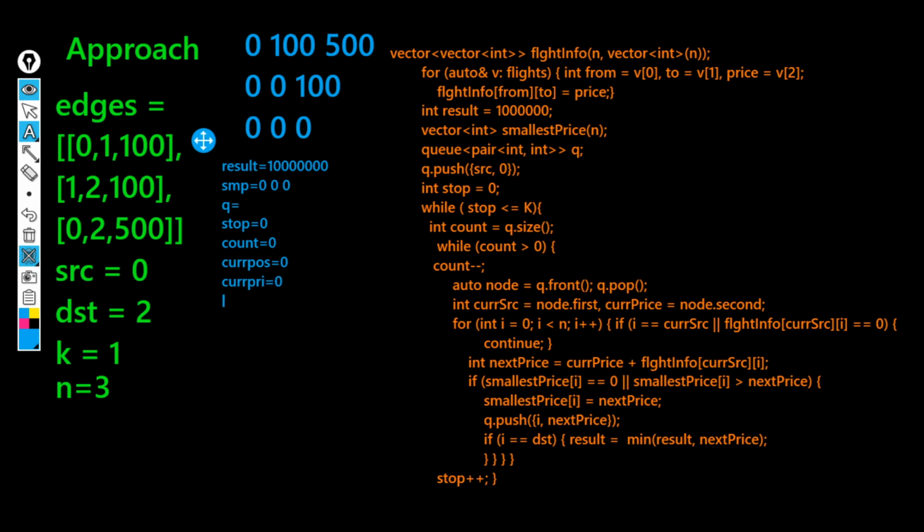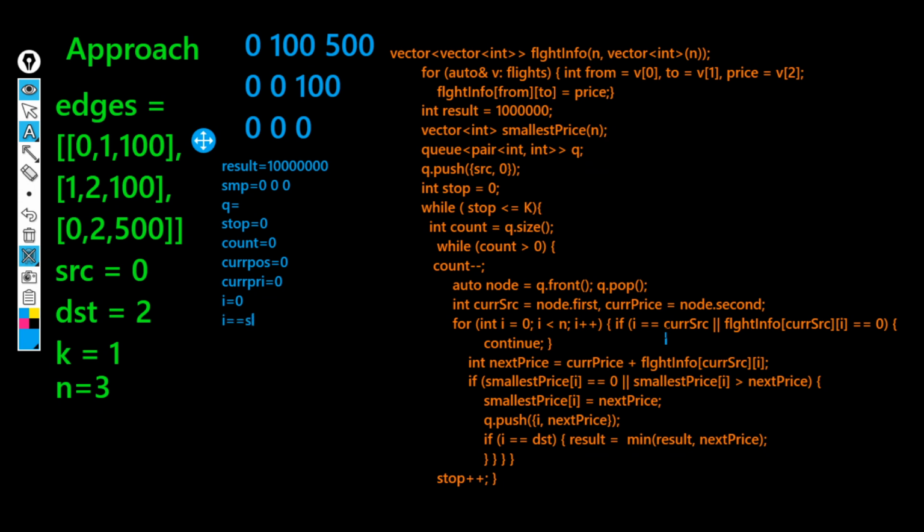So now I will run the main loop which will do everything in this code. Now after this I will initialize i equals 0, and now the condition will be compared: if i is less than n. In this case n equals 3 and i equals 0, so the condition becomes true. Now as soon as it enters the loop, the first condition it checks is this, that i equals